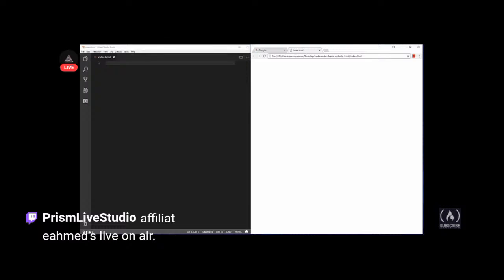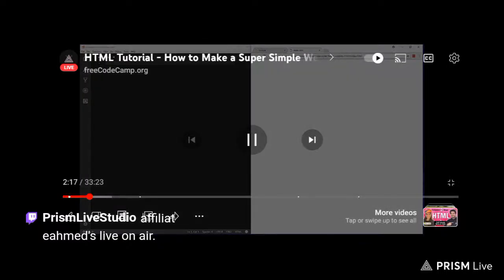In addition to Visual Studio Code, there's a lot of other programs that you can use. You can use Notepad++, Sublime, Atom, or Brackets. Most of those are free, and I've included links to each of these in case